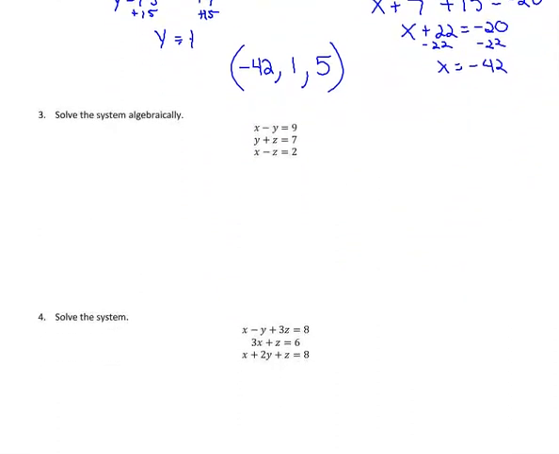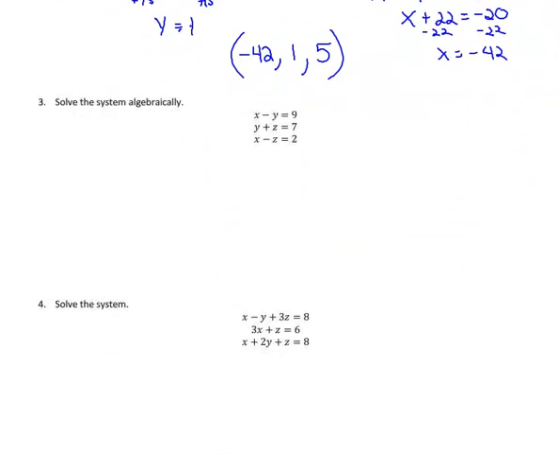Moving on to number 3. On number 3, I see 3 equations, and I see 2 variables on each equation, but if you look, there are x's, y's, and z's. So step 1, I need to get rid of at least one of the letters. So the first one I notice right off the bat is the bottom one. If I add these 2 rows together just like they are,